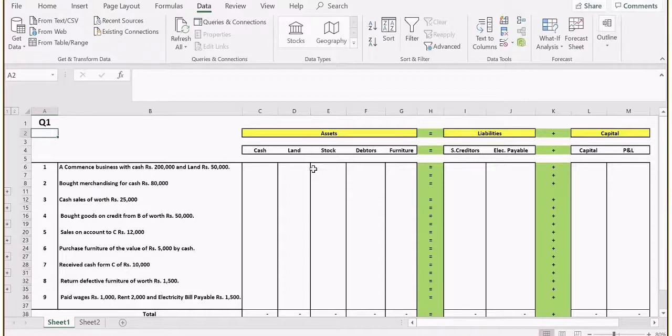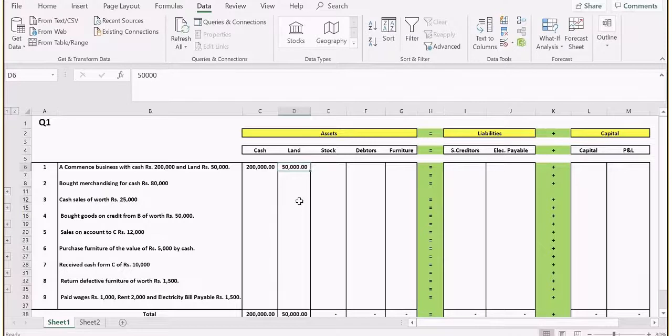So as you know, the business entity is a separate legal entity from its owner. So whatever entries we are recording in the accounting equation, this is from a business side. Now if I see this entry wherein 2 lakh rupees of cash is coming in the business, and 50,000 worth of land is contributed by its owner, on the left hand side, which is an asset side, you see 2 lakh rupees is cash coming in and 50,000 land coming in the business.